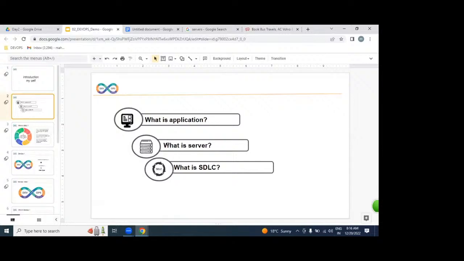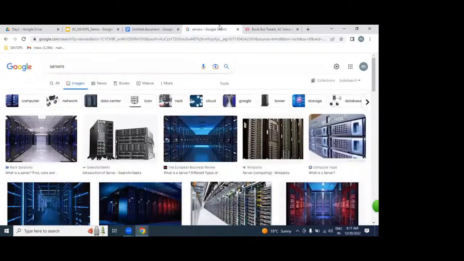But what are the servers? What is the purpose of a server? How many ways can we get a server? We can get a server either in a physical environment, a virtual environment, or a cloud environment. Any server is for deploying our applications and maintaining our applications 24 hours for a long time without any shutdown. So this kind of server we are going to be handling.